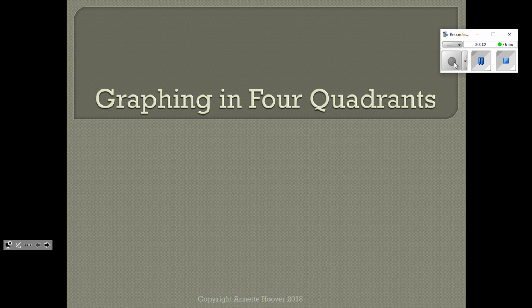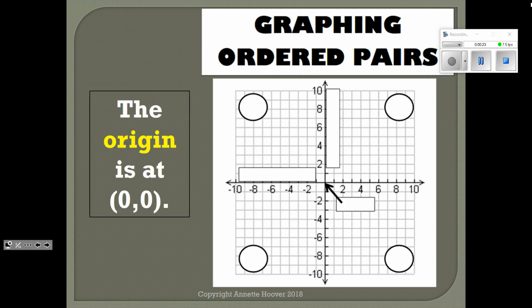All right, today we're going to be graphing in 4 quadrants. We had a lesson a couple of weeks ago where we were graphing in just 1 quadrant, but because in this chapter we are including integers, which are positive and negative numbers, we're ready to move to 4 quadrant grids. So let's just start with some